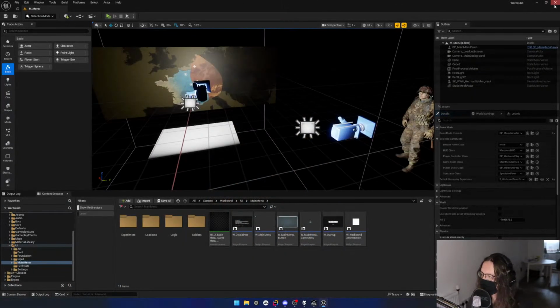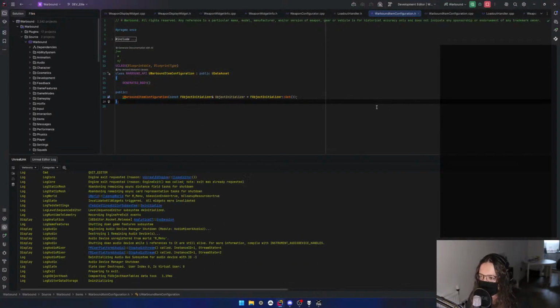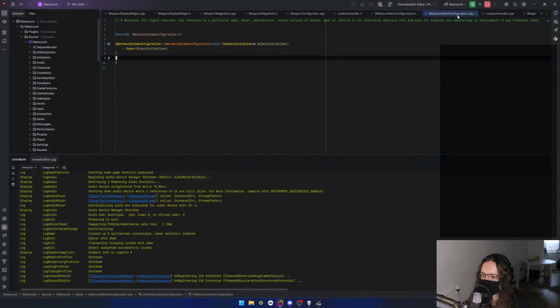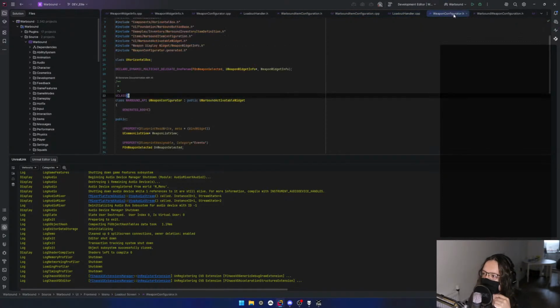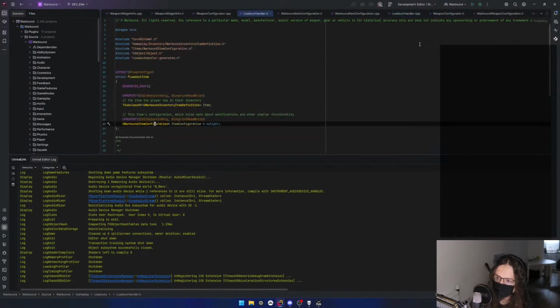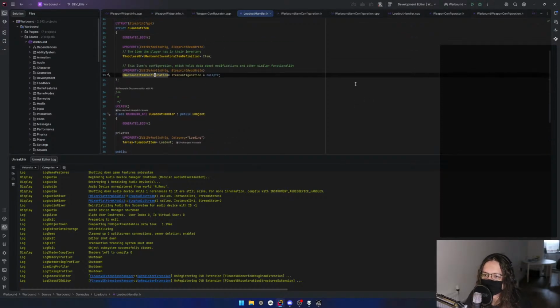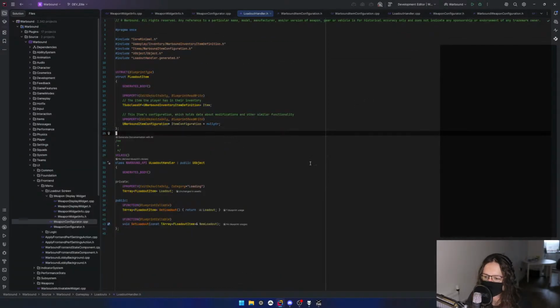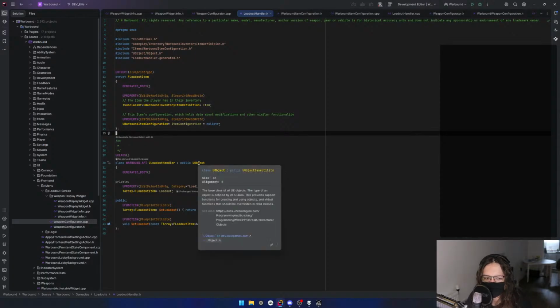Up until now, we've handled this in the loadout handler, which defines a lot of these types. And a loadout is, at least by this standard,